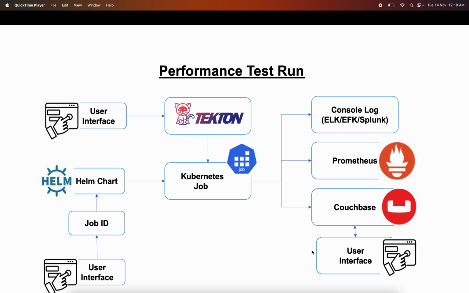When the performance test is running, the user can provide the inputs using the user interface, which are fed to a Tekton pipeline, and the Kubernetes jobs are created. They also use Helm charts to push it to a Kubernetes job. To run the Helm chart, we generate a job ID, which can be given in the Helm chart to create